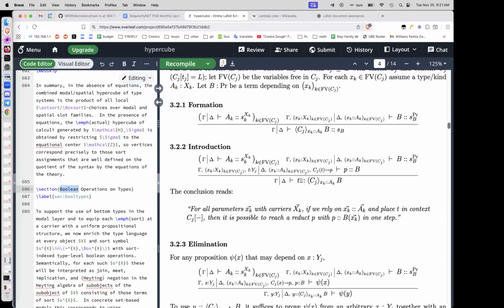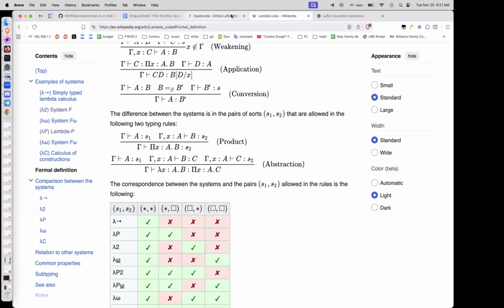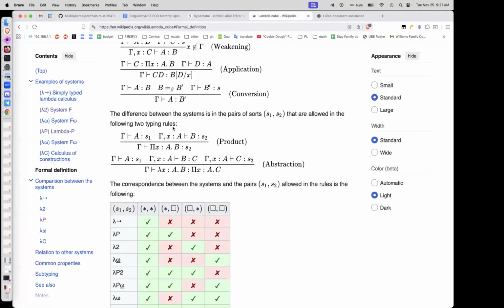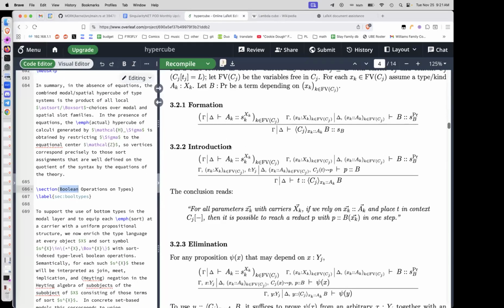So this is the introduction rule for how do we get a term of this type, whereas the formation rule says how do we construct the type itself. So these two are very direct generalizations of what Barendregt did here. And it specializes in the case of lambda calculus to exactly what Barendregt did. But now we can generalize it to an arbitrary